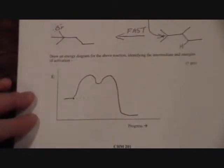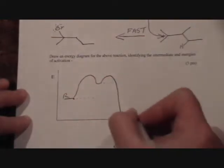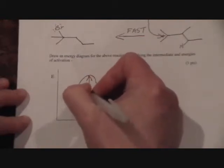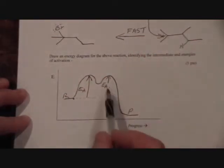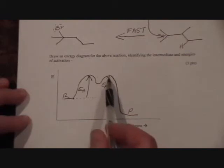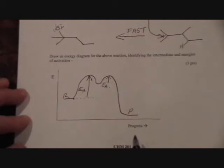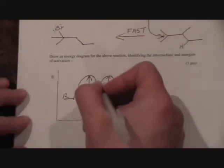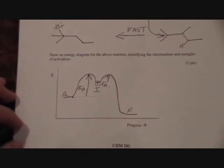The energy diagram showing the energy of the initial reagents, the alkene, and the energy of the final product. We have an energy of activation for that first step, and then the energy of activation for the second step. A much smaller energy of activation second time round because of the faster, more favourable exergonic step. The energy of the intermediate is in between the two, and a reaction